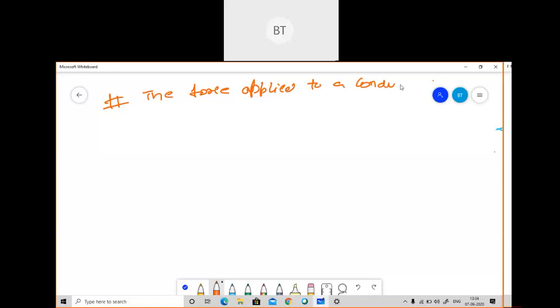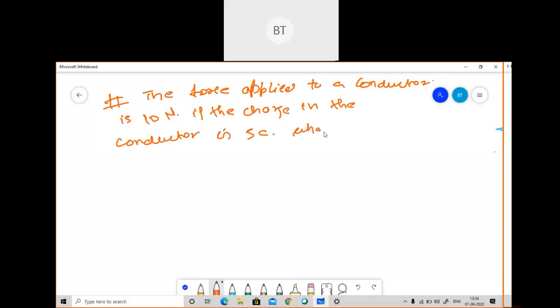You see how simple it is. The force applied to a conductor is 10 Newton, and the charge in the conductor is 5 coulomb. So what is the electric field